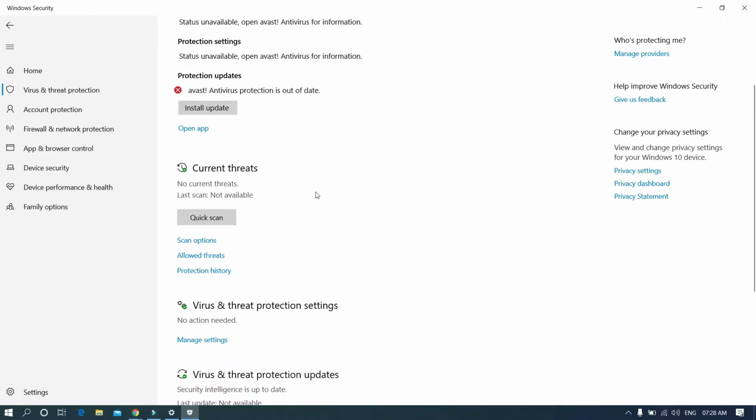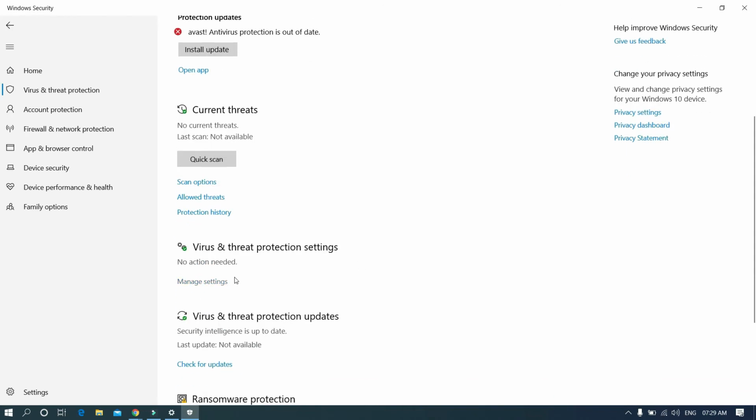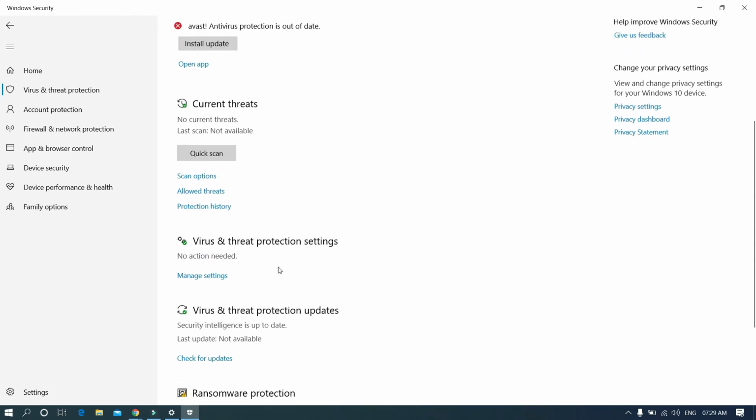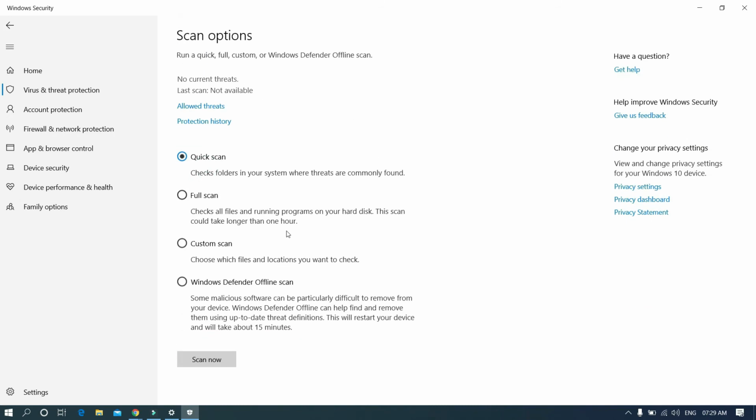If I click here on the Windows Defender antivirus option, you can enable periodic scanning. After enabling this, I get options like scan options, threat protection history, virus and threat protection settings and all. If I go for scan options, here you can see that I am getting plenty of scan options. One is quick scan, full scan, custom scan, Windows Defender offline scan. As per your requirement, quick scan is a very fast scan. Custom scan means whatever portion you want, you can do a scan over there.